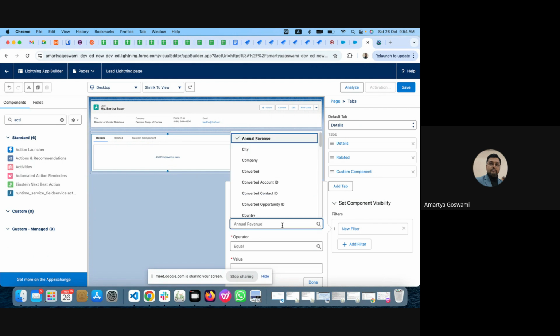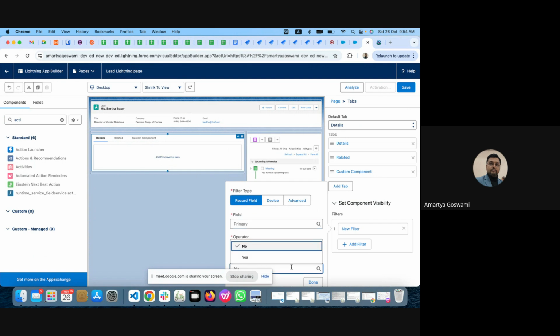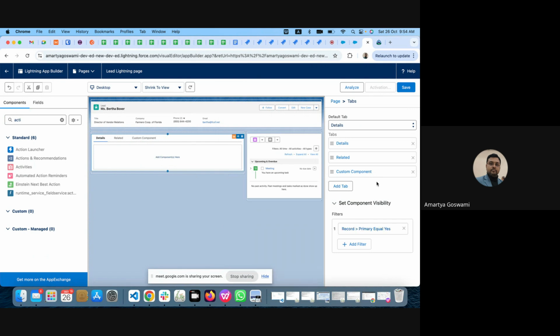Say I'm putting record related. In record related, I'm just putting something, say, if it is primary equals value is yes, done. So if the field value is yes, then only this custom component will be shown, otherwise it will not be